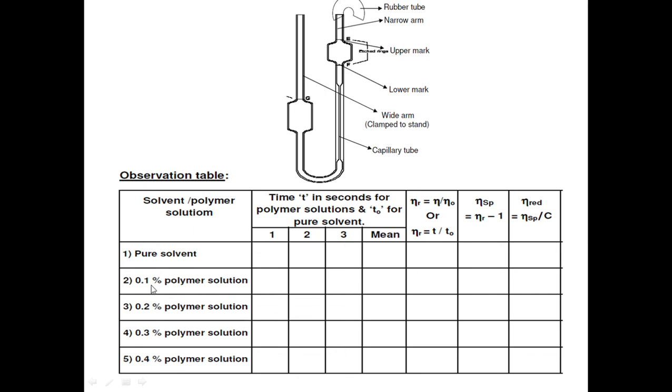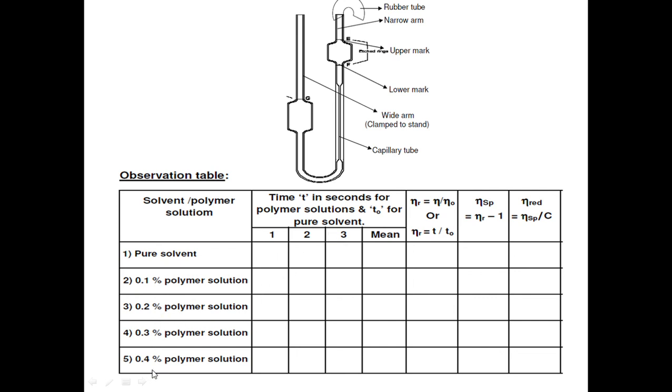First we will take 0.1% polymer solution. We will note 3 times of flow in seconds. Next we will take the mean value and calculate the relative viscosity, specific viscosity and reduced viscosity, same as for 0.2%,